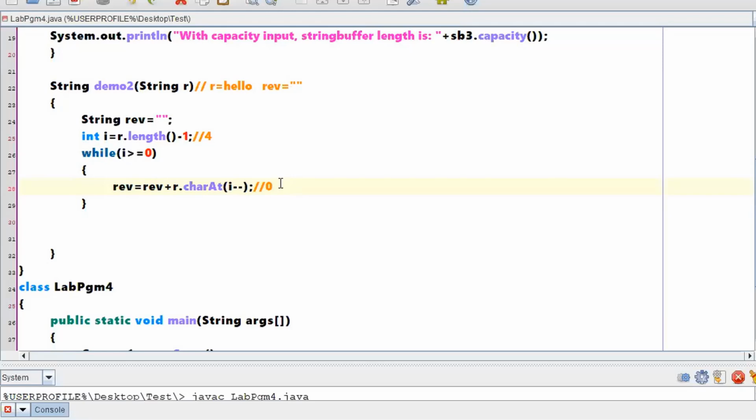Which character is there at location 3? L, right? So this will be repeated until the value of i becomes 0. With i minus minus from the 4th index till the 0th index, everything will be copied to this particular reverse.